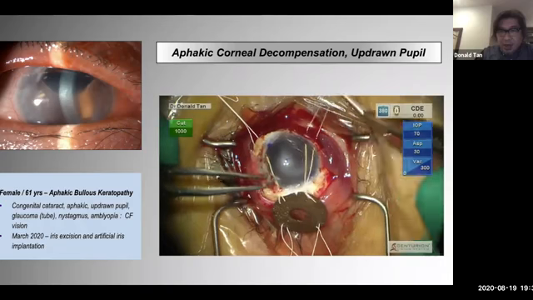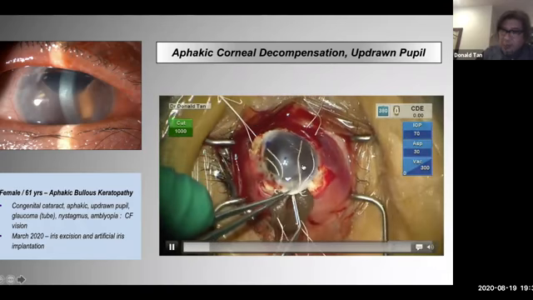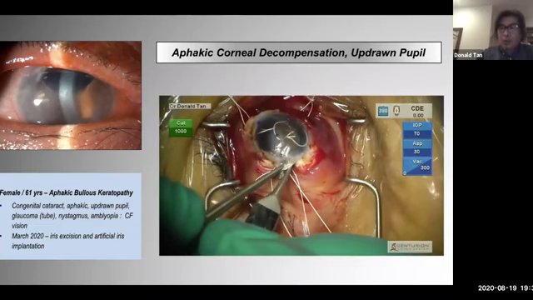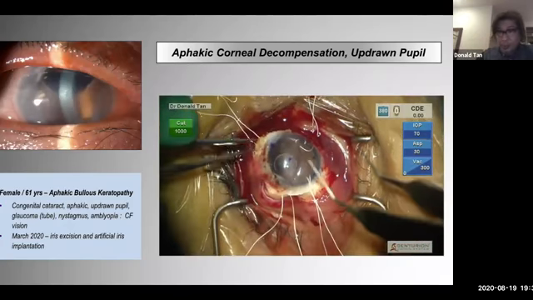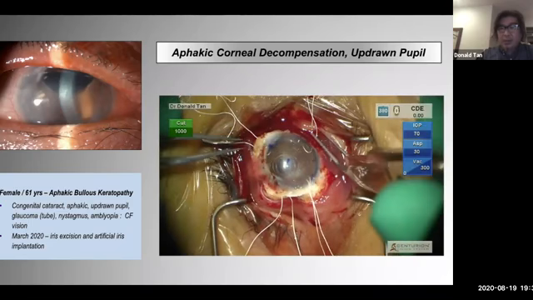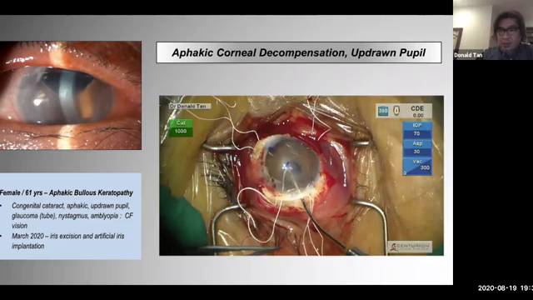And I've excised the iris here already. And in this case, you will notice that I've pre-placed the sutures because this is an aphakic eye. Okay, so we don't want this dropping in. Her other eye is aphakic, so we didn't want to put in an IOL. And you can see that having the pre-placed sutures already pulled through really allows you to control that tissue.